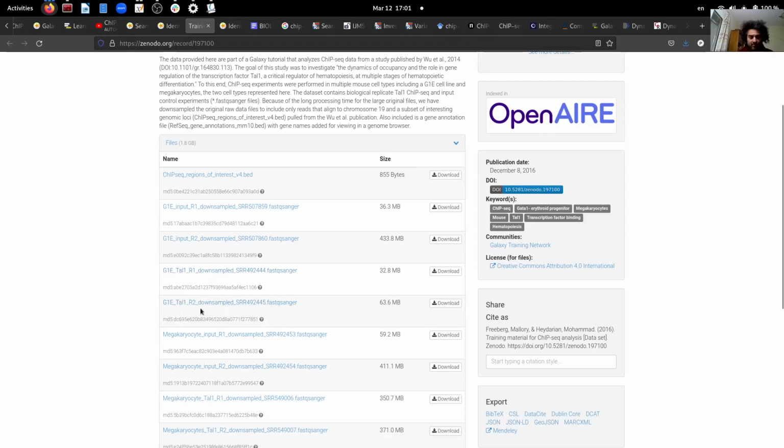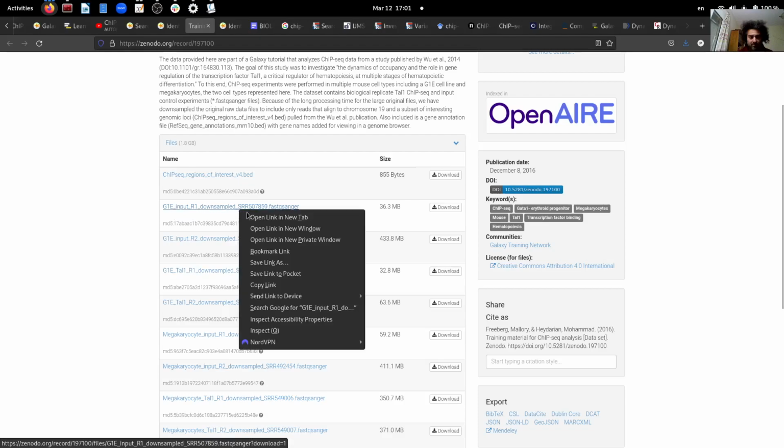So these are the treatment files, and these 2 files will be used as controls respectively. So the control for this TAL1 R2 will be this input R2, and the control for this TAL1 R1 will be this input R1 file. Okay, we can just copy the link